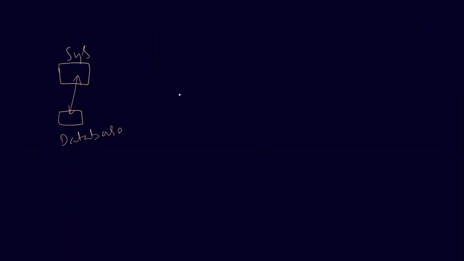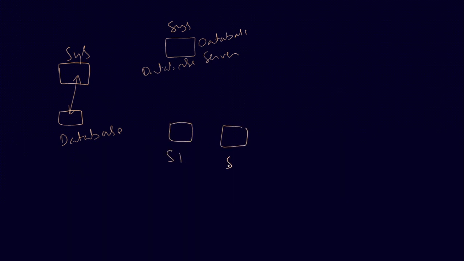But the demand is that we can have one database server. So this is the database server, a separate system. So what you call a database server. Here we'll keep the database. There are n number of systems. So this is system 1, this is system 2, this is system 3. All these systems will connect to this database. They are all working with this database. So this is the network database server, therefore a local area network.